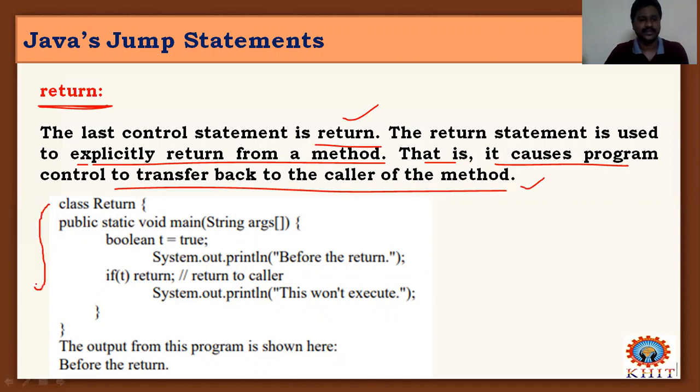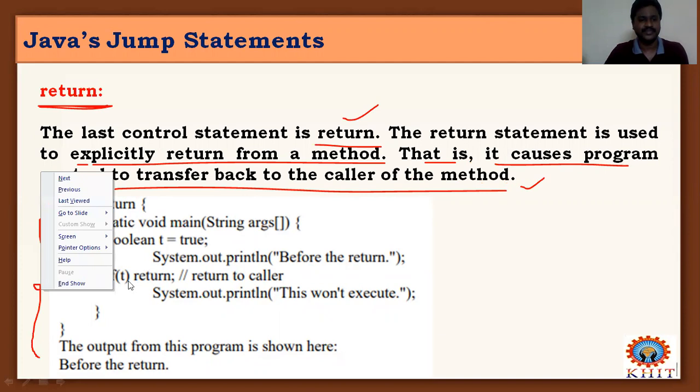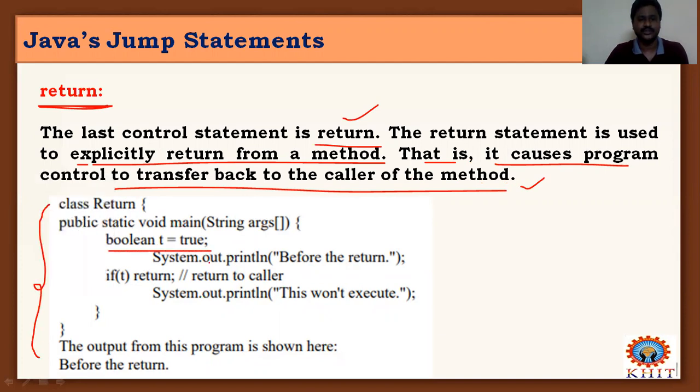See here, boolean t equal to true, before the return. If t, which is nothing but true, then it returns to the caller again. The last statement will not be executed because it returns to the caller.